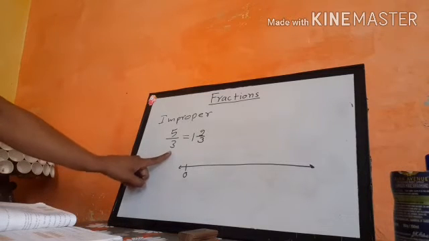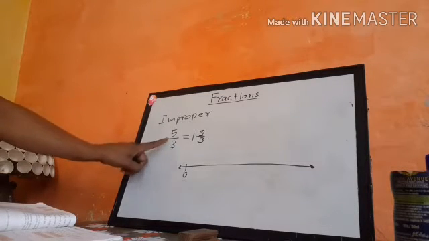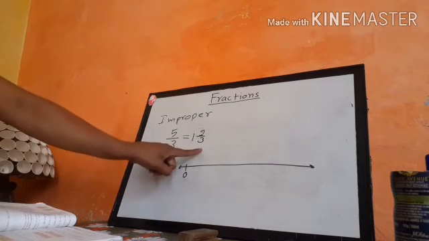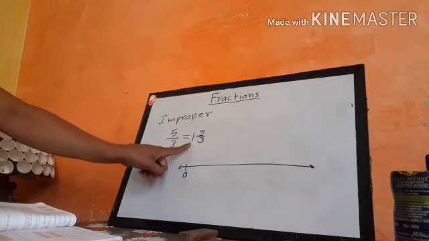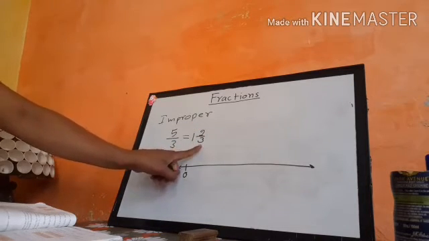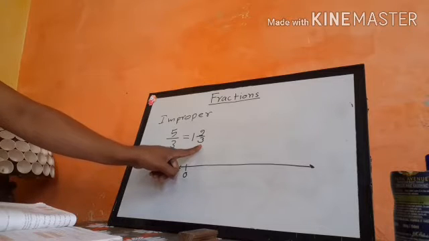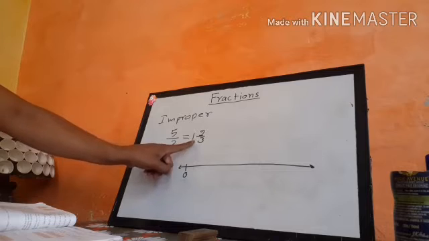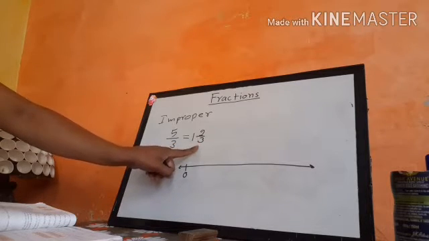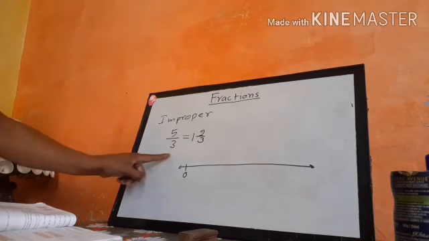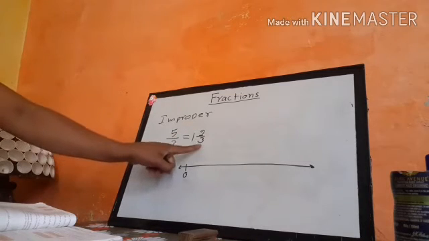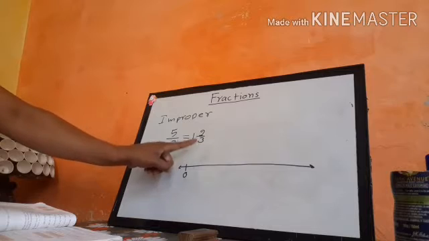So here, students, you can see this improper fraction has the value 1 right 2 upon 3. Here 1 is representing a whole number and 2 upon 3 is representing a fractional part of this number. Since it has 1 as whole and 2 upon 3, it shows that the value of this fraction is greater than 1, but it is not equal to 2. So it means the value of this fraction must lie between 1 and 2.